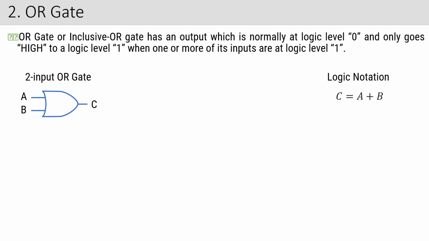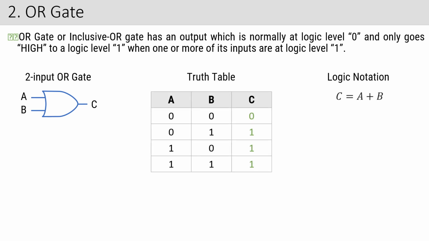For AND it is okay. If I say multiply it, 0 into 1 gives you 0, 1 into 0 gives you 0, 1 into 1 gives you 1 and 0 into 0 gives you 0. That is okay to a certain extent. But when you talk about the OR gate, this plus does not signify addition. This plus signifies that either of them must be high. Let us see the truth table for it.